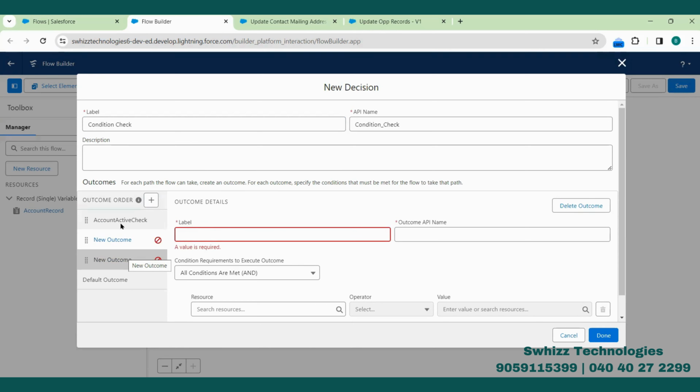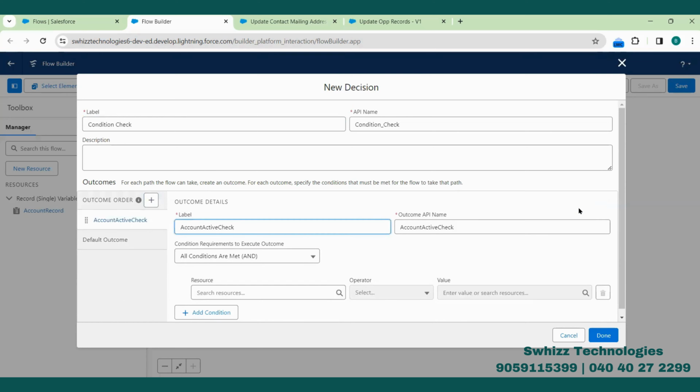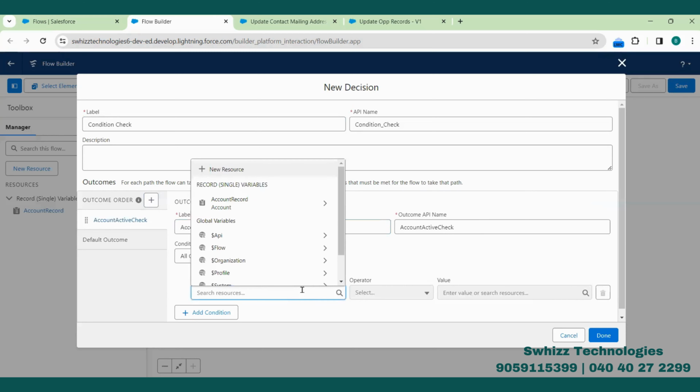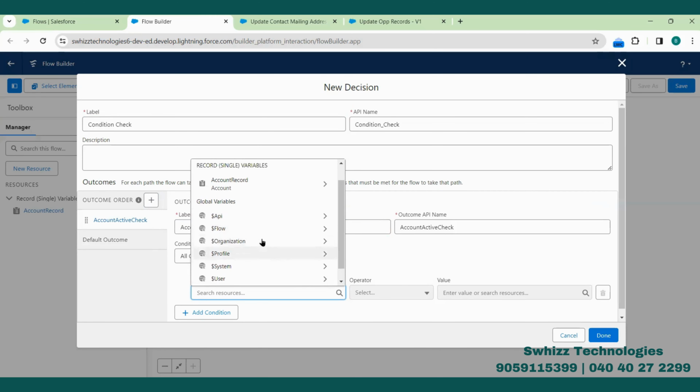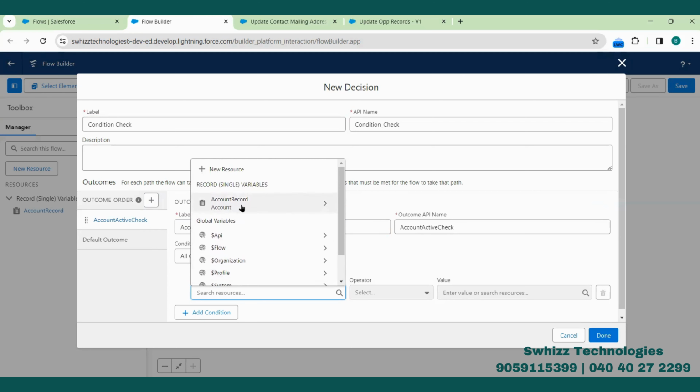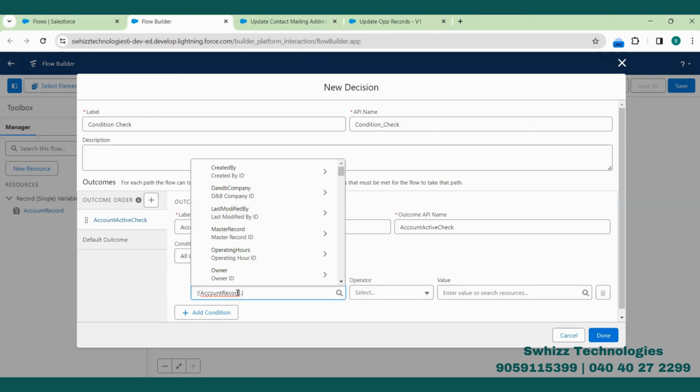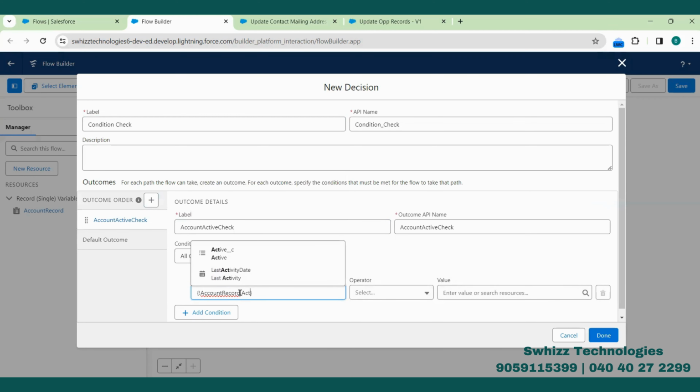Okay, so make sure that while creating, I don't have multiple outcomes, so I'm deleting. So I have only one outcome, which is add to account check. So here I need to check that. Here, if you see, there is no record global variable. I have created one variable which is storing the account record. So select this one. From this account record, I'm checking that active equals no, meaning that if that account record is not active,